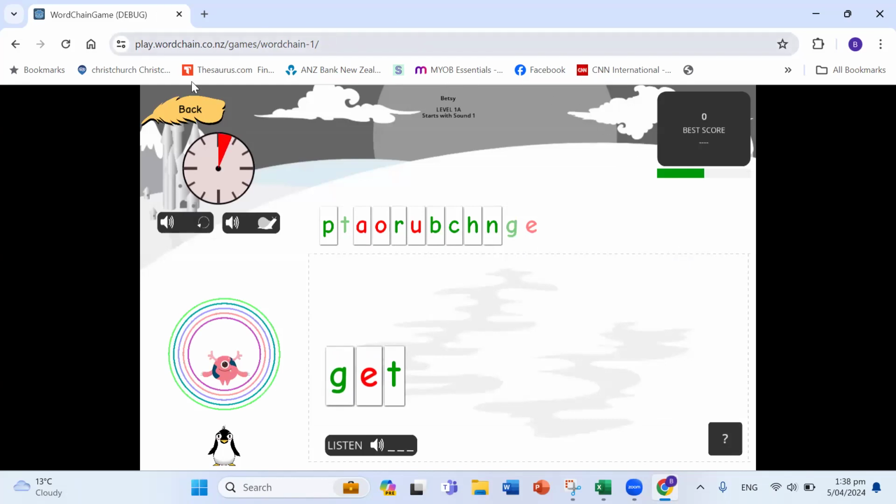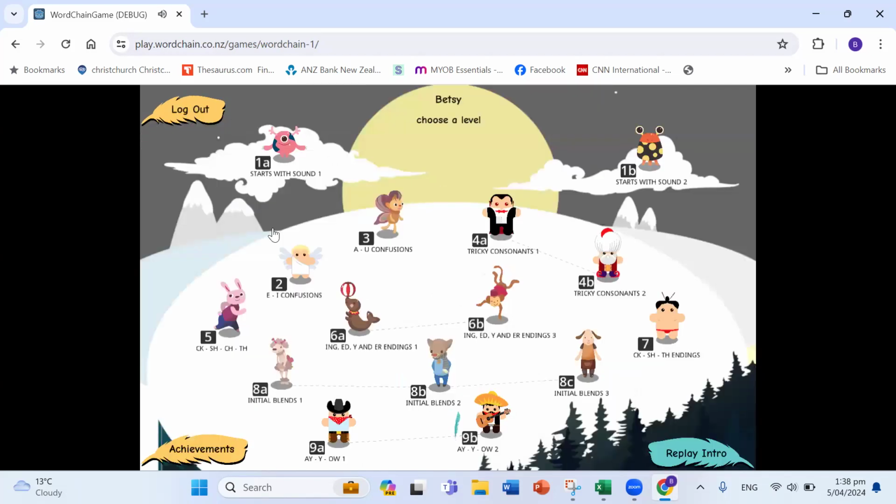And while I'm thinking, you can see that this dial is going around. How far can I get down that chain in 1 minute? So I have to think really quickly. Okay, and then the other feature, so this was